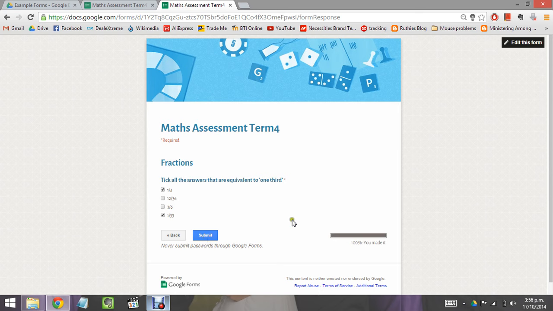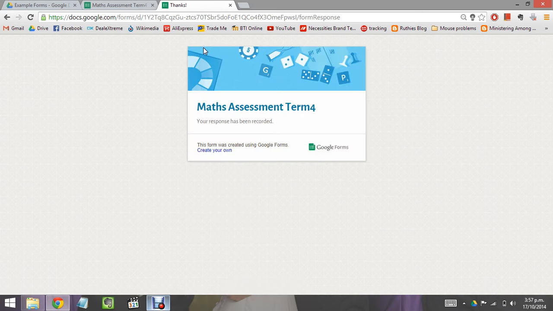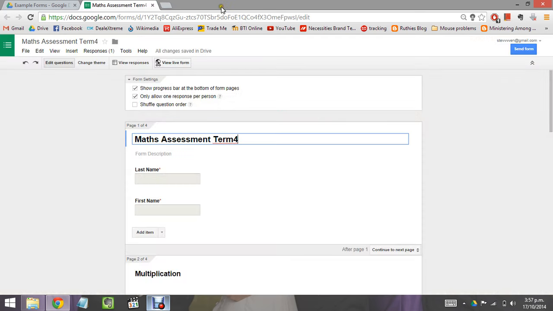Okay, alright, now that we have finished, the submit button comes up. It's no longer continue, so we click submit. Great, so we have just been the first person to fill out our brand new Google form for our maths assessment in term 4. Alright, let's close that tab and go back to our Google Drive, that first tab that